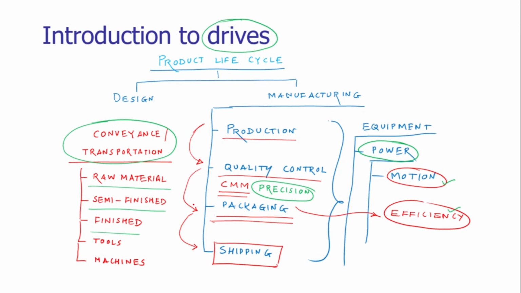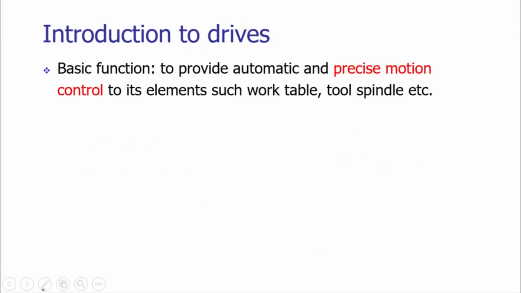So let us see what are the various types of drives which are used in the industry. And the system that satisfies the three requirements that we have seen now is called the drive. The drive is providing us automatic and precise motion, and it is controlling the operation as well of various elements, which may be the work tables, tool spindles,